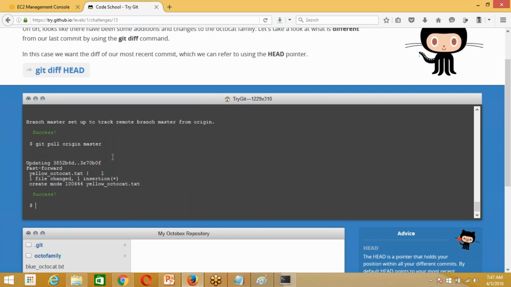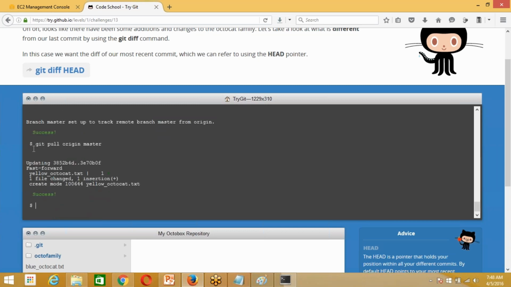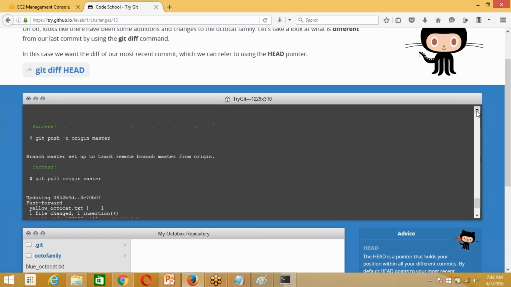See, in this command, git remote add origin, what it did is add this path as a source from where we are willing to get some files and folders. So when we did a git pull from origin master, what is the origin? The URL is the origin. What is the branch? Master is the branch. You understand it, right?